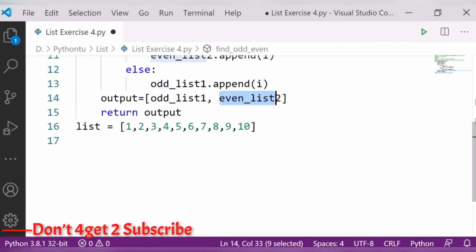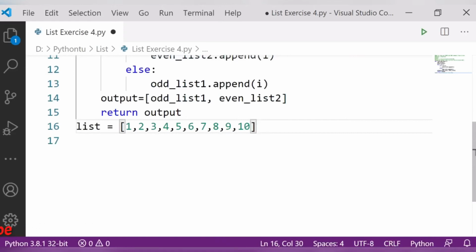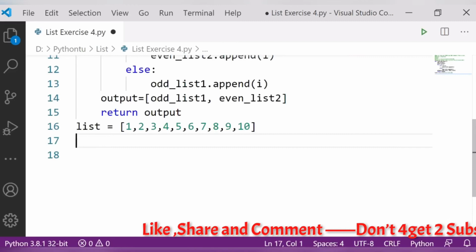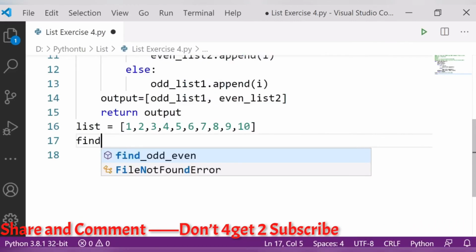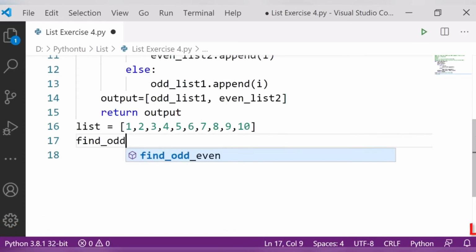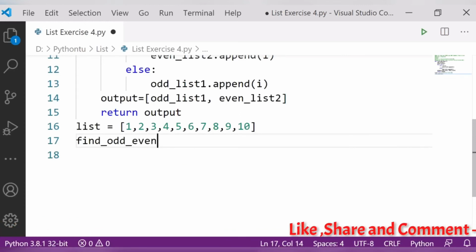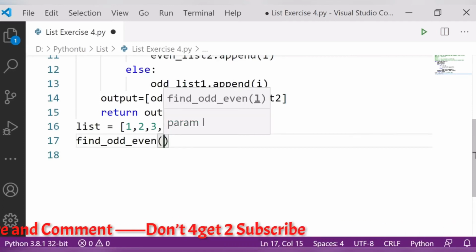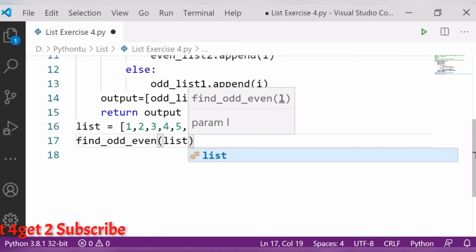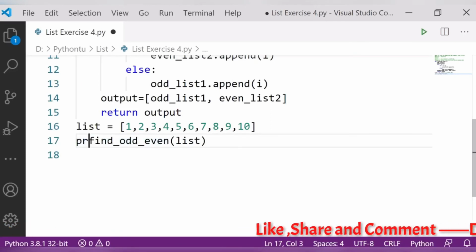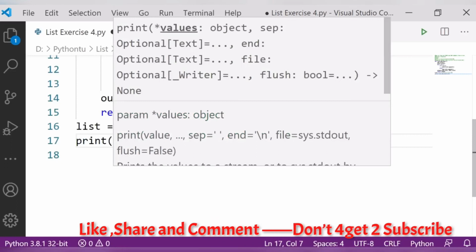For that purpose I have to call my function, find odd even, and pass the list here. Then, because I have to print the value, I will print it.